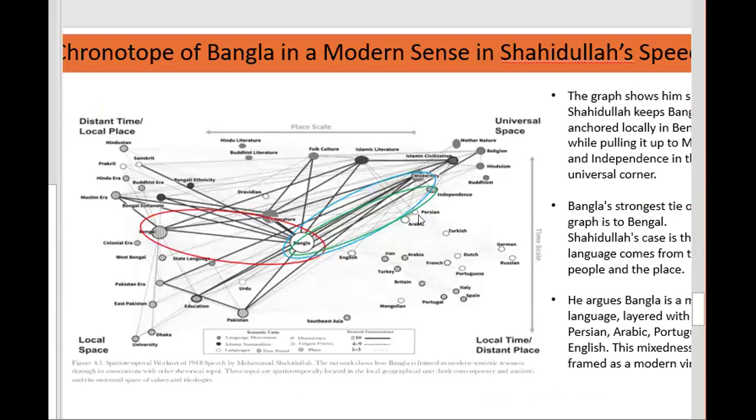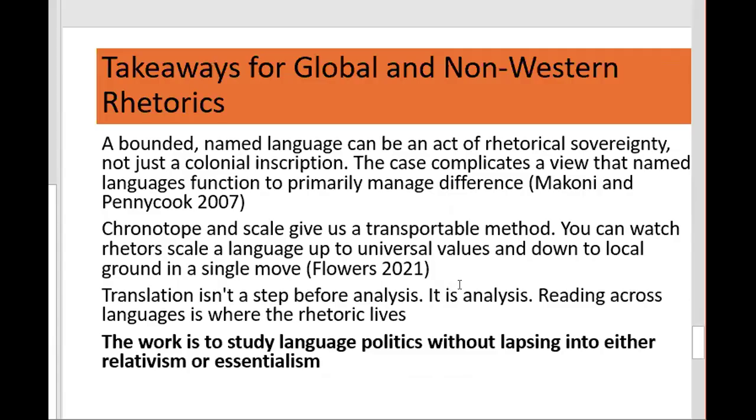This speech is based on a Bangla speech, which I then translated, and then I counted the translated words in English. So that was an act I myself did before I did this work. All of this is an act in the analysis, and those things have to be accounted for in the sort of acts of rhetorical activities. So just in terms of my overall argument,